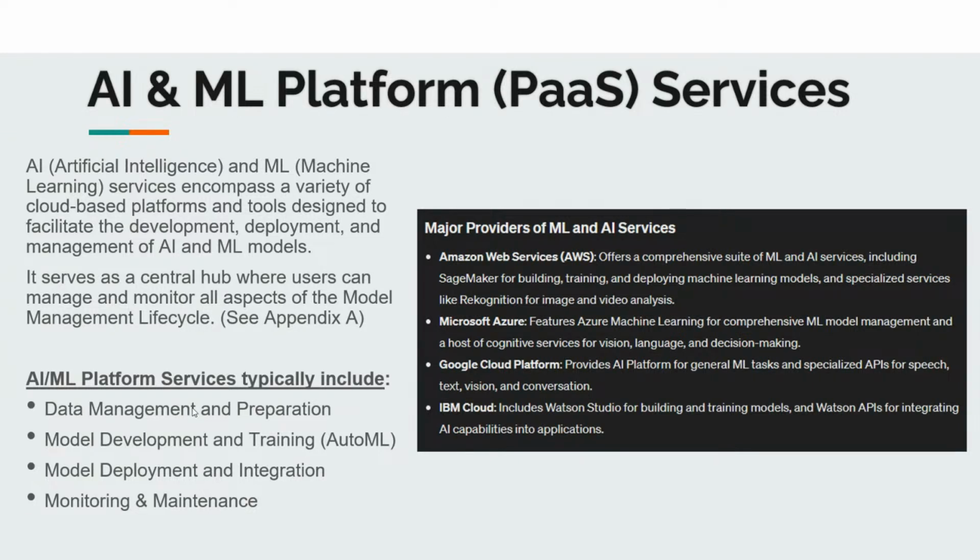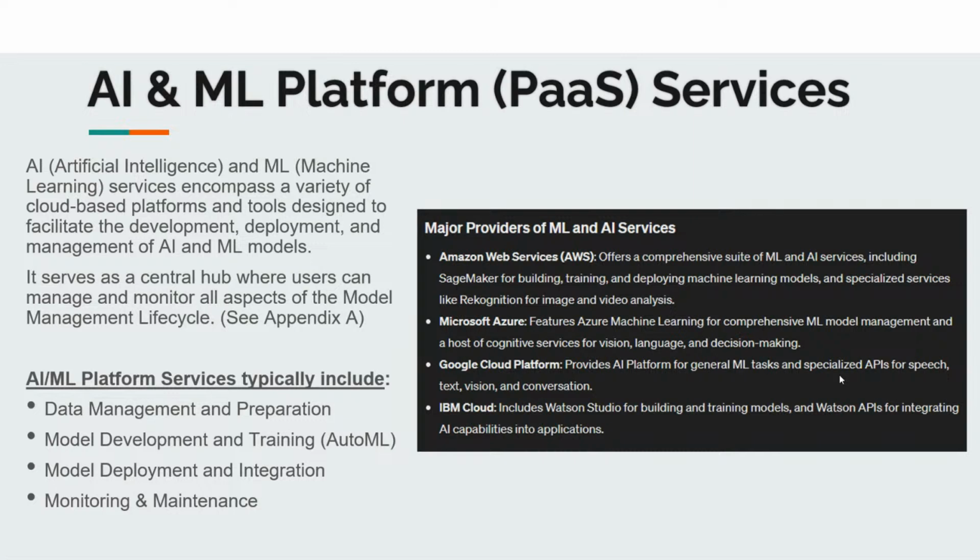So major platforms as a service. Amazon Web Services has a comprehensive suite of ML and AI services, including SageMaker for building, training, and deploying models. Consider SageMaker if you want to learn more. That's the platform as a service within AWS. They all have a lot of different similarities, like we learned in the first class. Within Azure, you have Azure Machine Learning, and then you have Databricks also, that are the all-inclusive platforms. In Google Cloud, you have AI labs and AI models there for creating